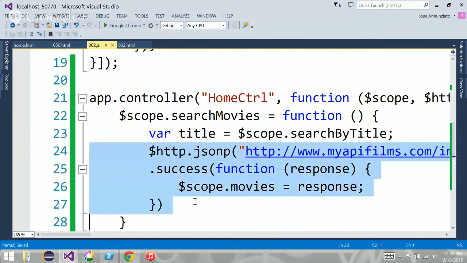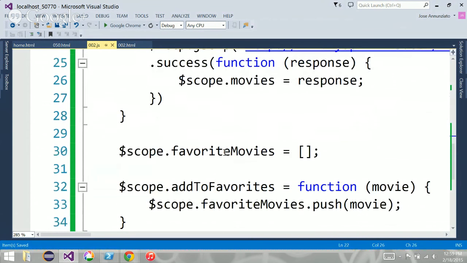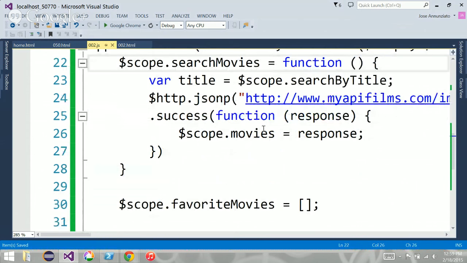This might not be the only place where you might search for a movie. So instead of putting it only in this controller, you put it in a shared service, and this shared service can then be used by any controller. So let's move all this mechanism back into a service that can then be shared amongst all controllers. Okay. All right. Let's do that.